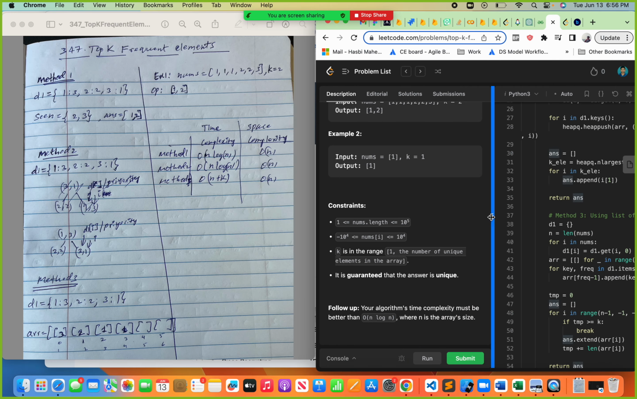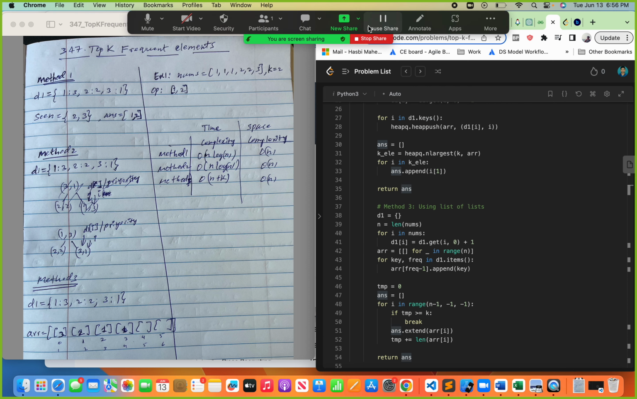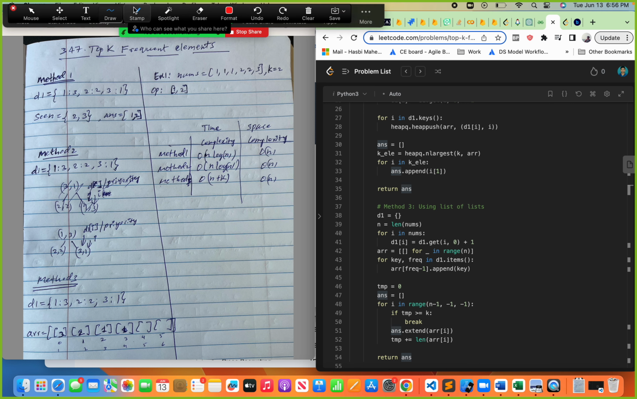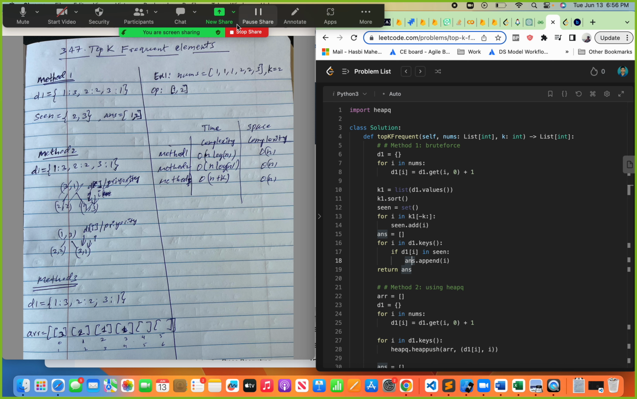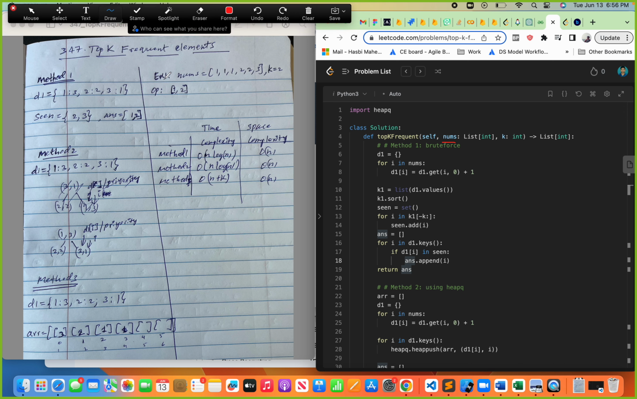Let me annotate this one. First, we will see our first solution. In the first solution, we have nums, and this is our first example. We have three 1s, two 2s, and one 3, and k is 2. So initially